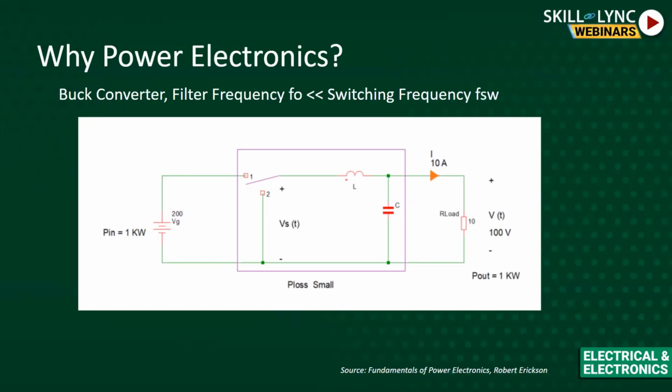You get the desired voltage as the output because it is oscillating between Vg and 0, where Vg is 200 volts. What is the average voltage here? 200 and 0. Suppose you are switching at 50% duty cycle, then you will get 100 volts at the output, if the LC filter is properly designed such that its frequency is much lower than the switching frequency.